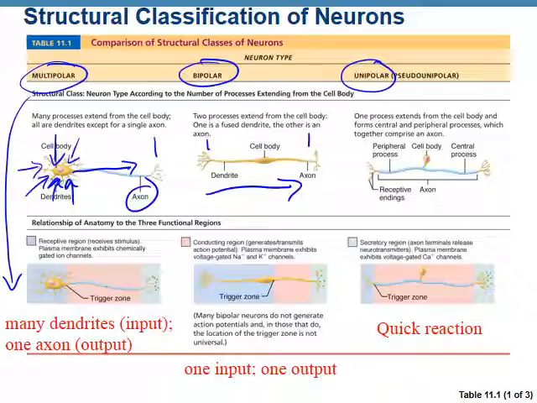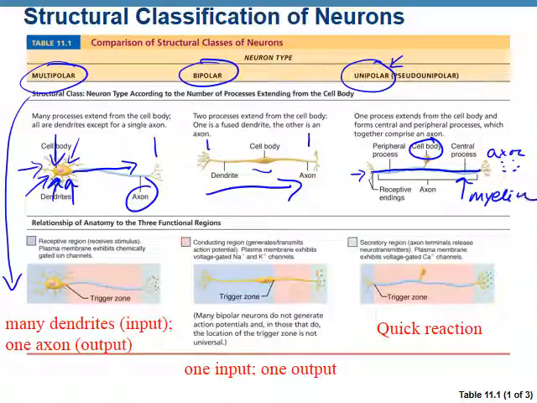Then we have something for a quick reaction called a unipolar neuron. Basically, this is the receptive end, so you receive a message and it goes straight through to the axon terminals and it's going to release a neurotransmitter. You see how it doesn't even go through the cell body? This one went through the cell body. This doesn't even bother. And you can see lots of myelin. So this is for a quick, fast signal. We don't want to waste a lot of time.